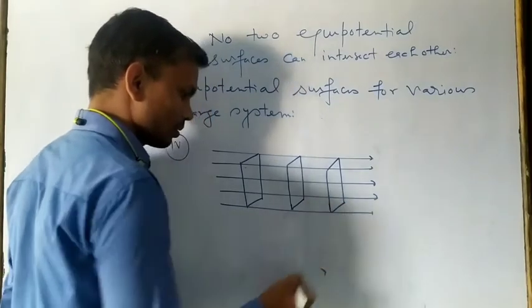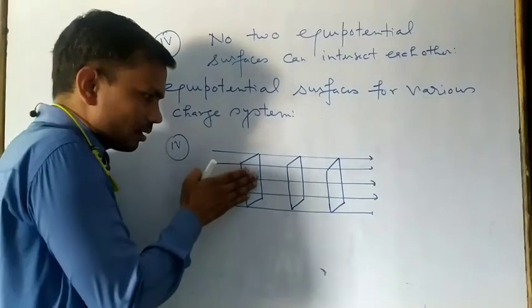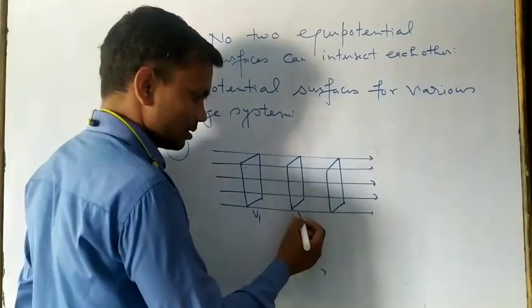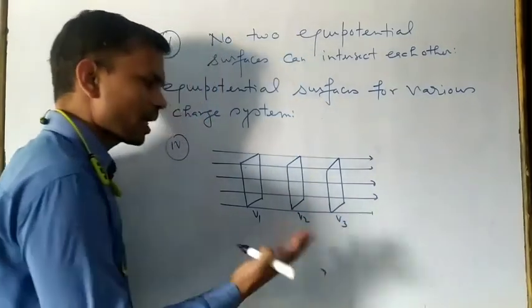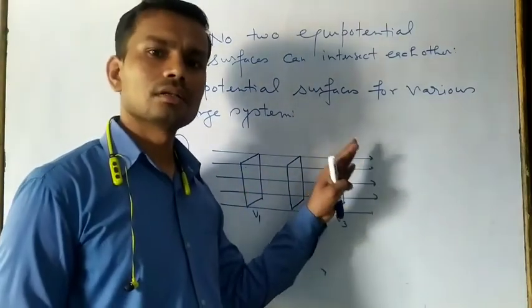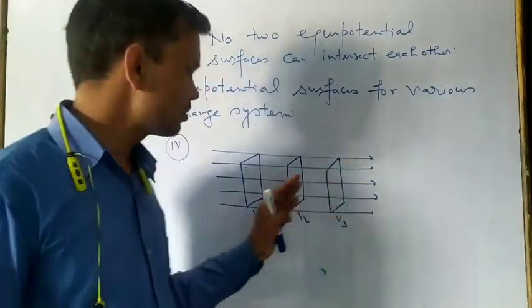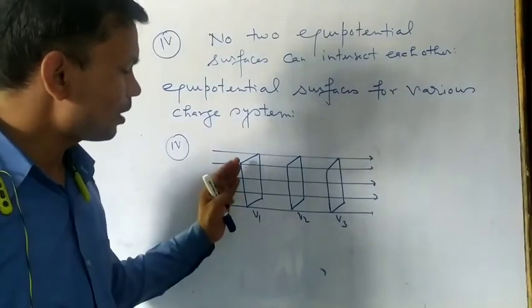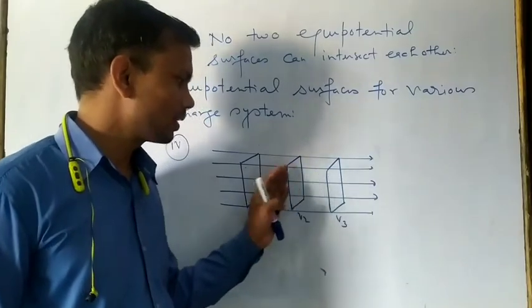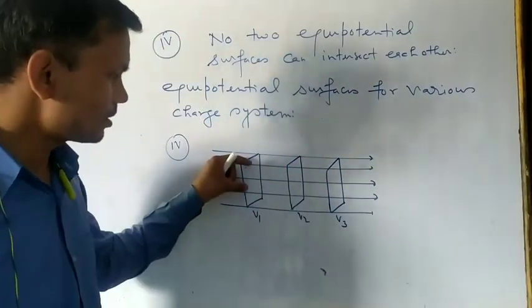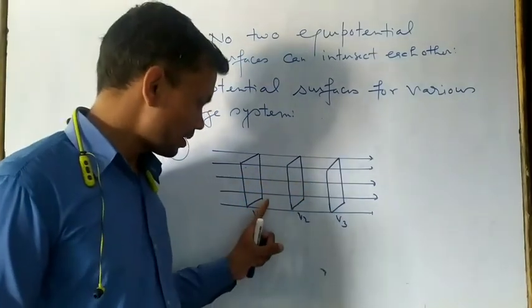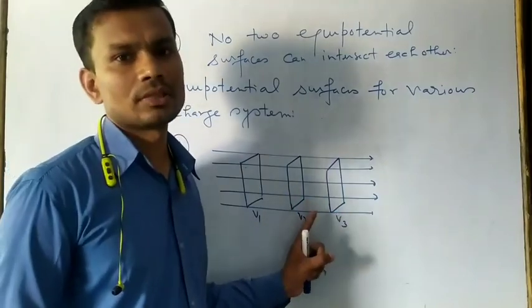Here you have to see, suppose the electric potential of this entire region is V1, this is V2, and then this is V3. By the property, we know that in the direction of the electric field the value of electric potential decreases. So in the case of a uniform electric field, there are equidistant parallel planes where the value of electric potential is the same across the entire plane: here it is the same, and here it is the same, and they are equidistant from one another.